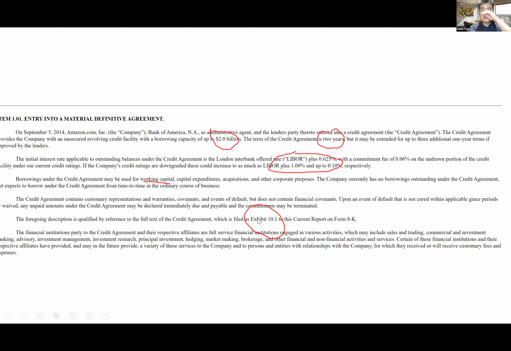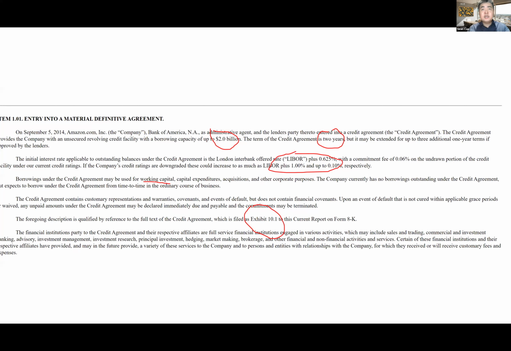But by analyzing the loan contract, you can see whether the contract is really efficient. You can see why the company is borrowing money. They are borrowing money for working capital, they said here. But by analyzing the information, you can understand the company's financial condition, right? If the company borrows money to pay salary, that's a very bad signal. Normally a company has good cash flow for salary. If the company has to borrow money to pay salary, that's a very bad signal.